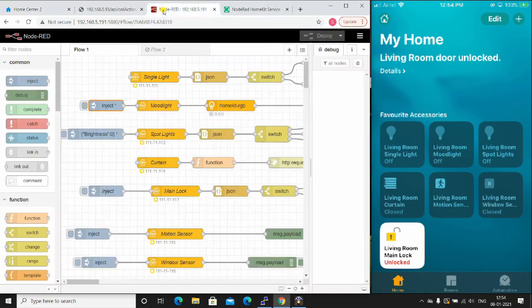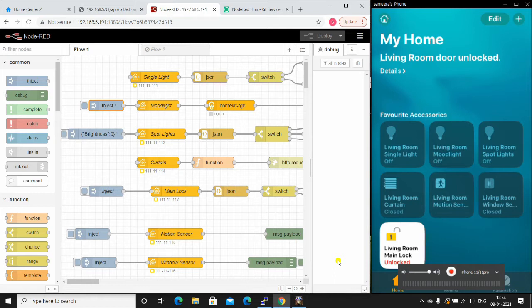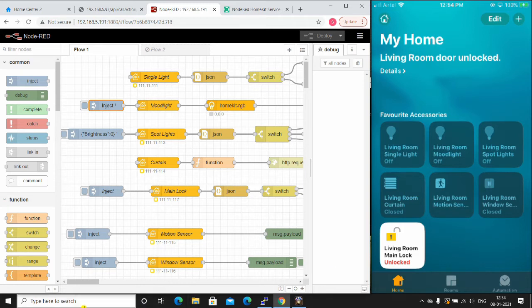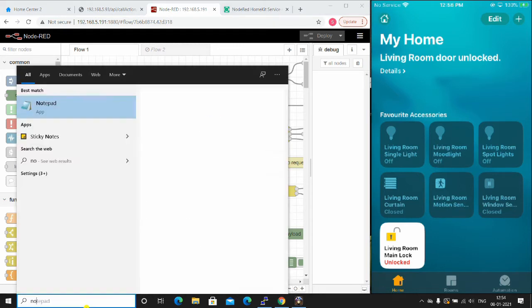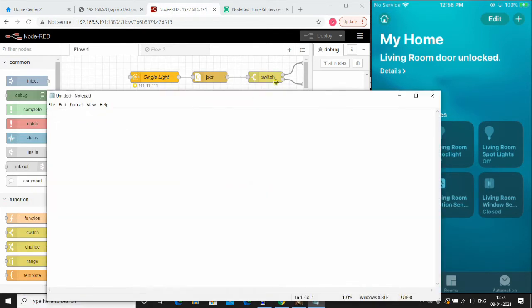Hi friends, today I'm going to show you how to integrate Fibaro Z-Wave system with Siri using a Node-RED bridge. There's already a Homebridge plugin which you can use for integrating it, but I find Node-RED to be much more comfortable and it gives more freedom. So that's the reason why I use this method.